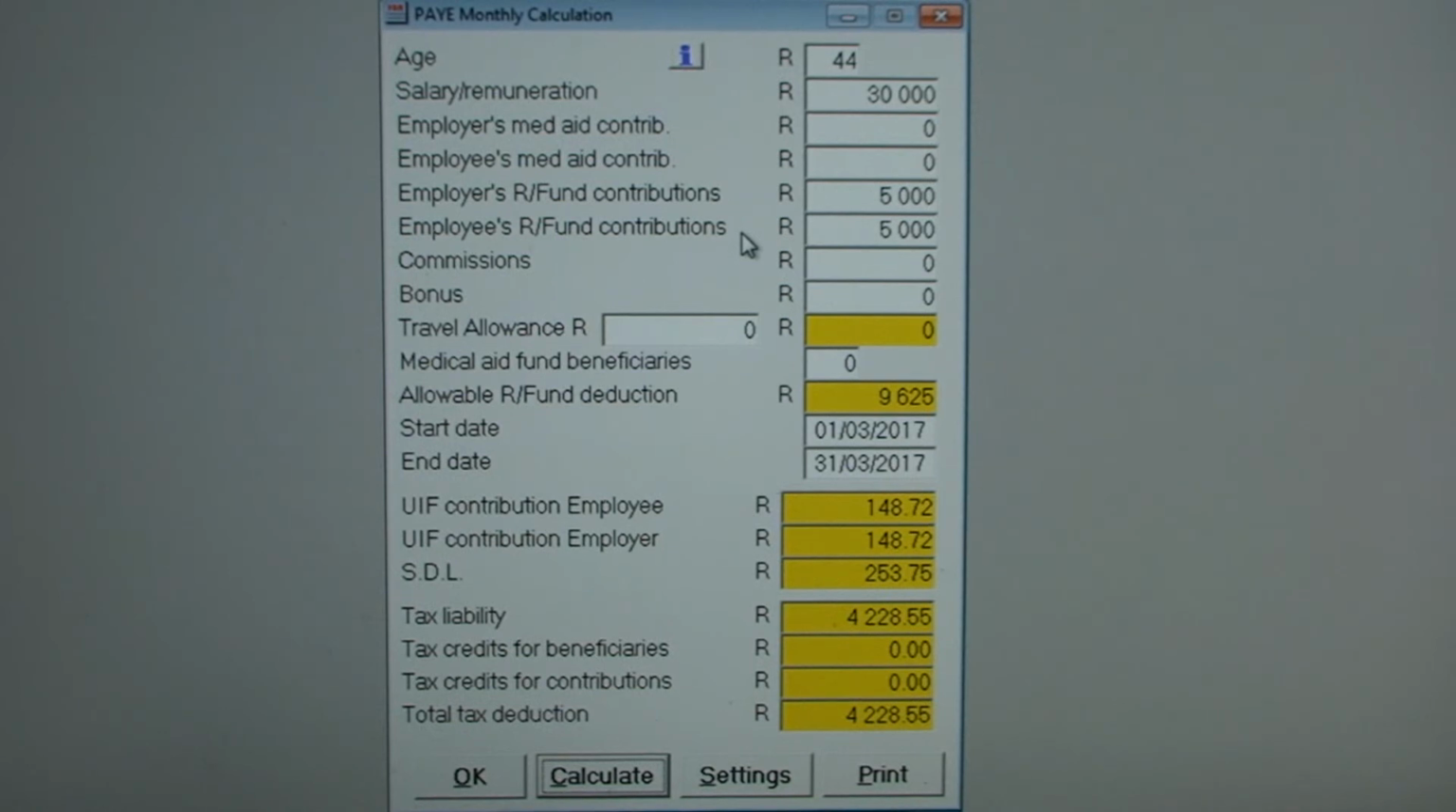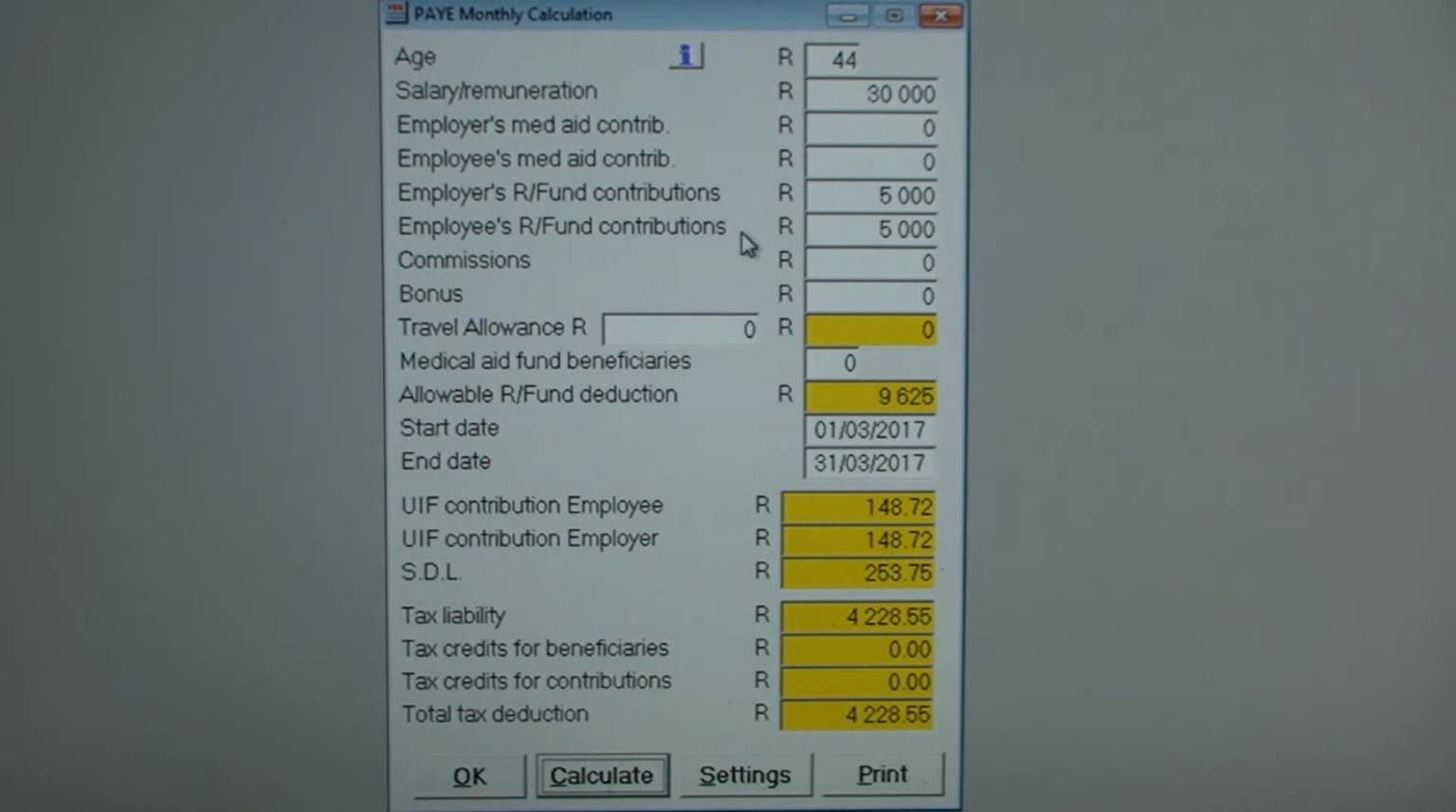Both the employer's 5,000 Rand plus the employee's 5,000 Rand may be considered as a deduction against income, but SARS's 27.5% formula may limit this. The two contribution amounts come to a total of 10,000 Rand, but this deduction is limited to 27.5% of remuneration. The remuneration is 35,000 Rand, and 27.5% of the 35,000 Rand is